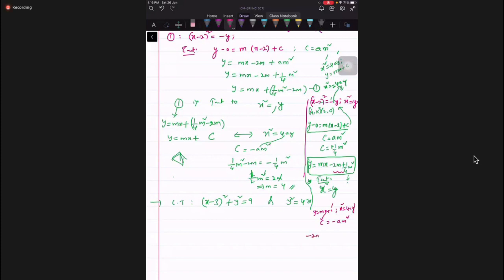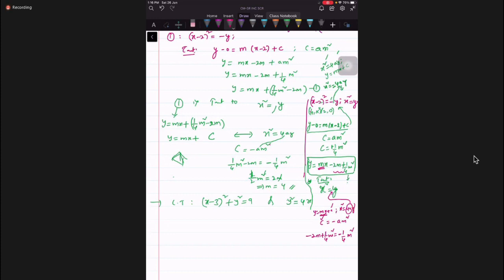Minus 2m plus 1 by 4 m square equal to minus a. a means this 4a. In the place of 4a, what is there here now? 1. Got it? In the place of 4a, 1. So a is 1 by 4, no? Yes, sir. m is m only. No change in m here and here. m remains the same only. Understand, students? All of you? Yes, sir. That is our answer.